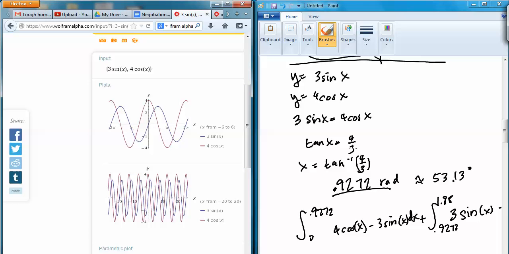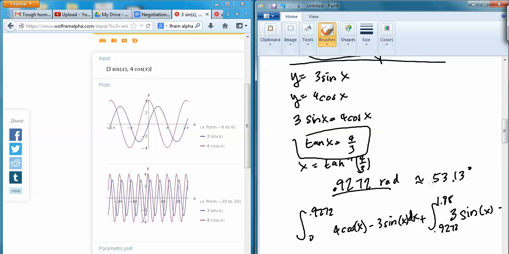So what you want to find is where that point is that you break off. Where's that intersection point? The way you do that is you set those y's equal to each other, and you end up getting tan x equals 4/3, or x equals the inverse tangent of 4/3, which I put into my calculator, and I got 0.9272,